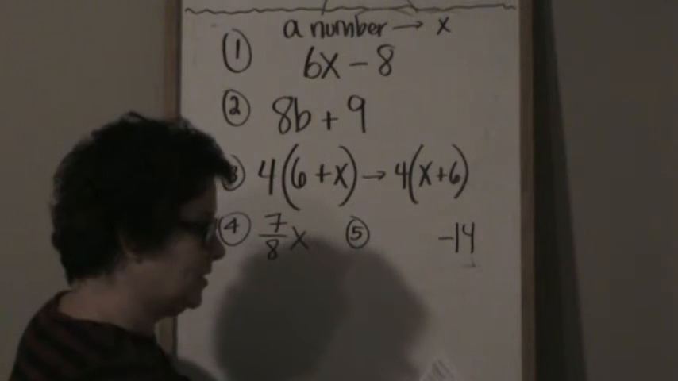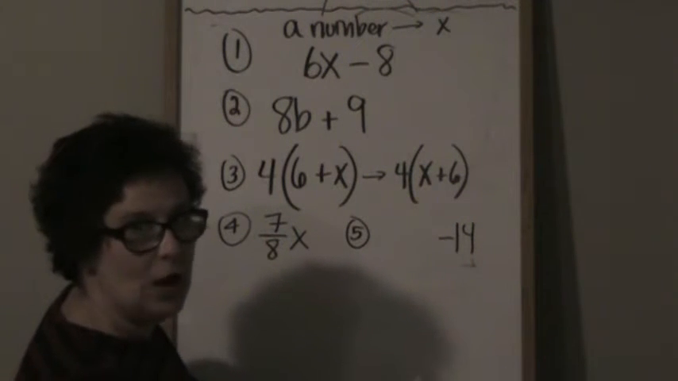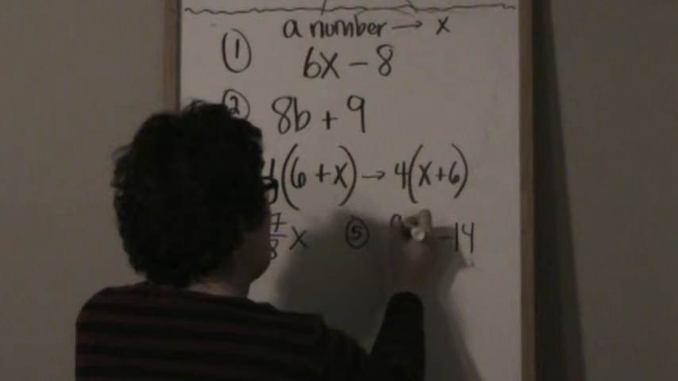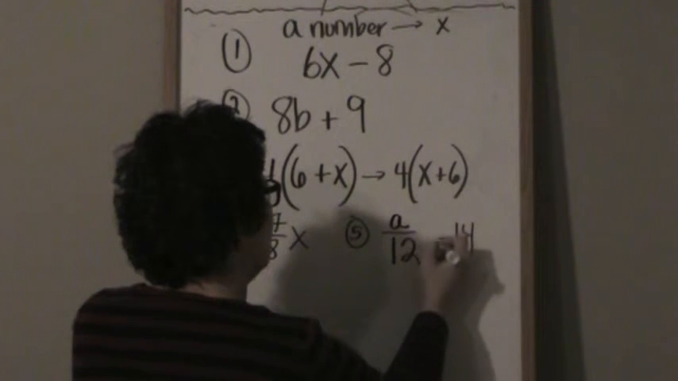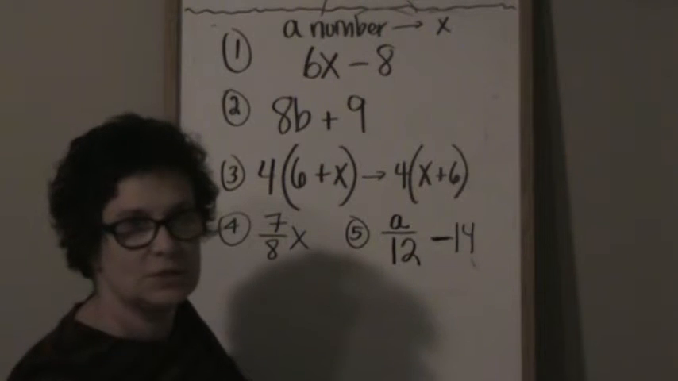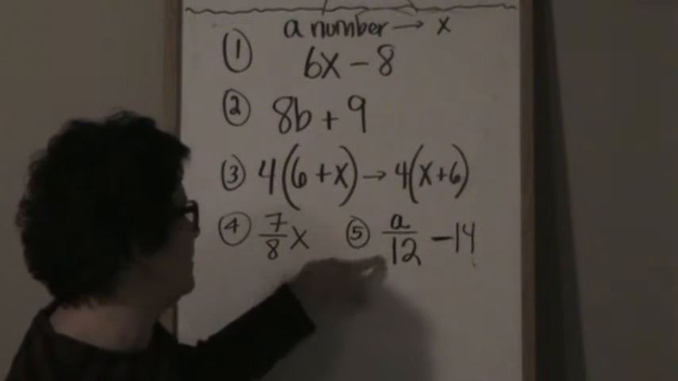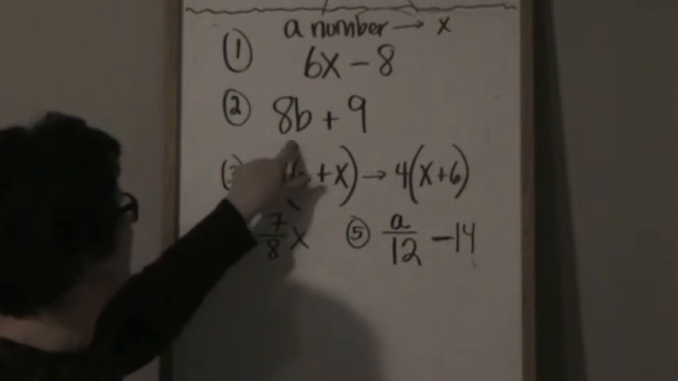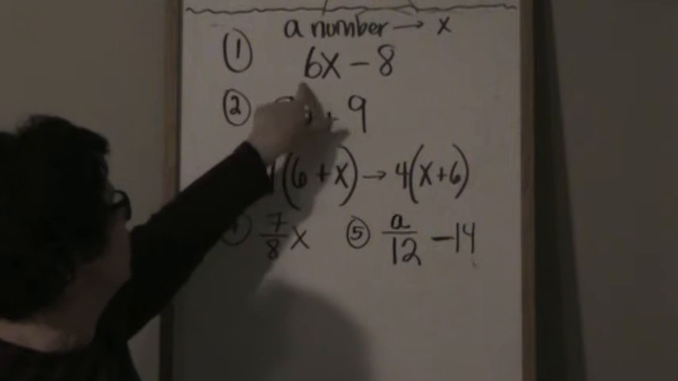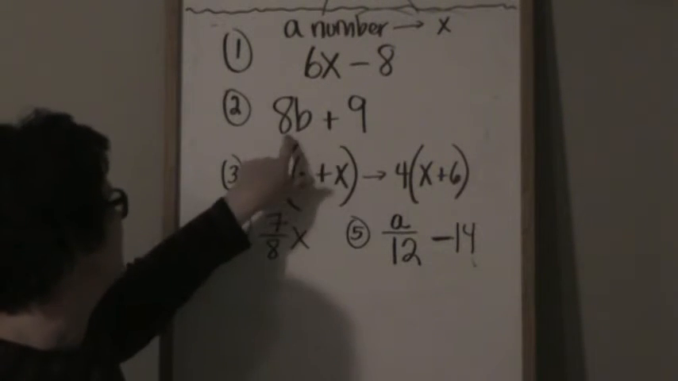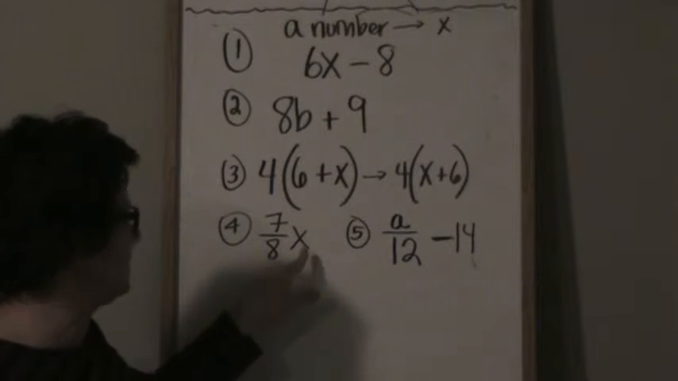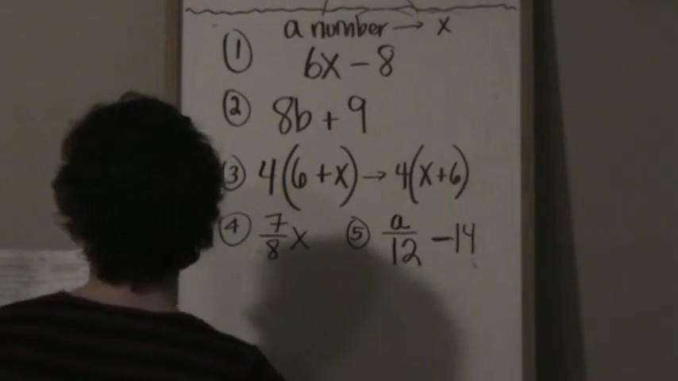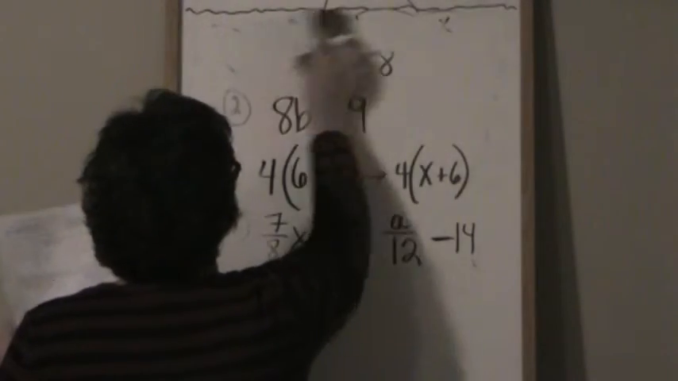The quotient of A and 12. Quotient means divide. A comes first, so it's A divided by 12 minus 14. Okay, remember we said we're going to start seeing division written like that more and more. And we're going to start seeing multiply with our variables written like this more and more. That means 6 times x, 8 times b, 7/8 times x. Okay? All right, next section, it says evaluate the expression